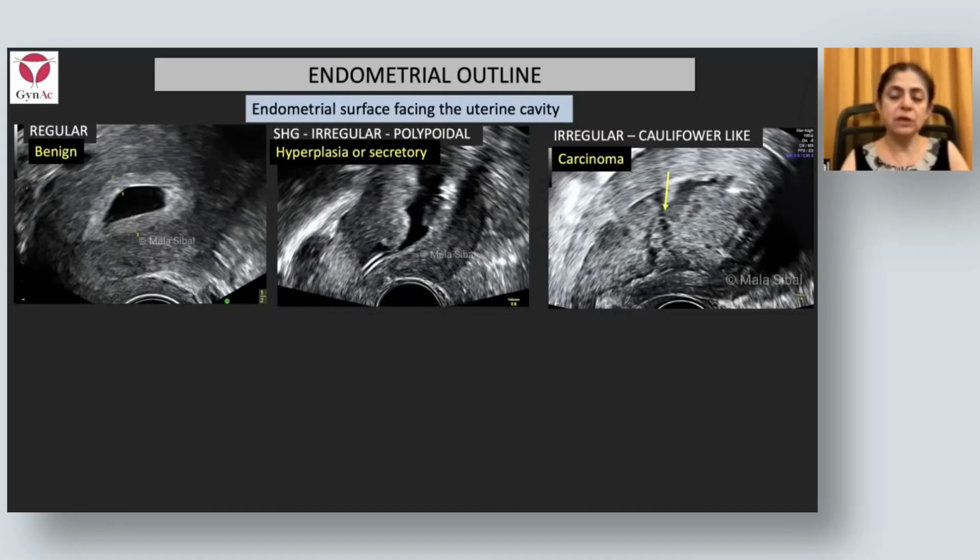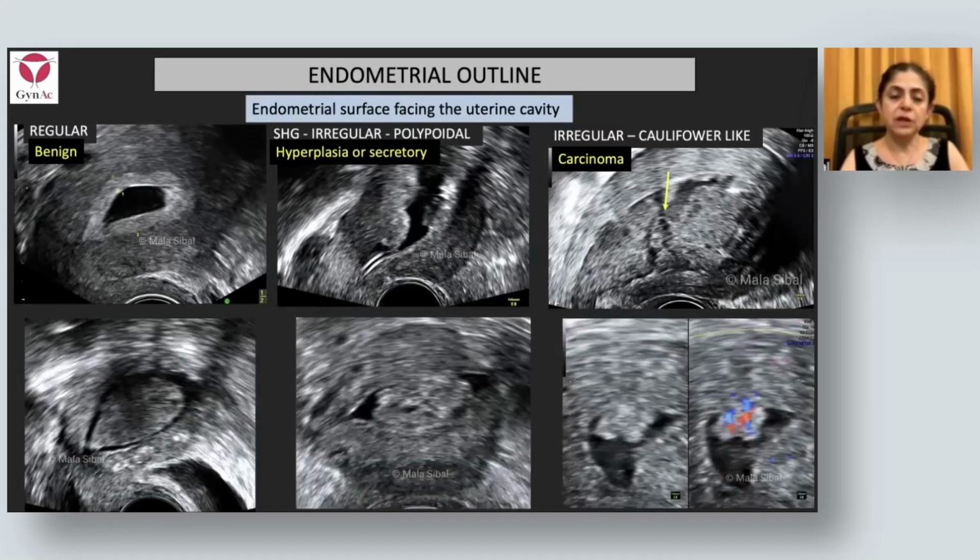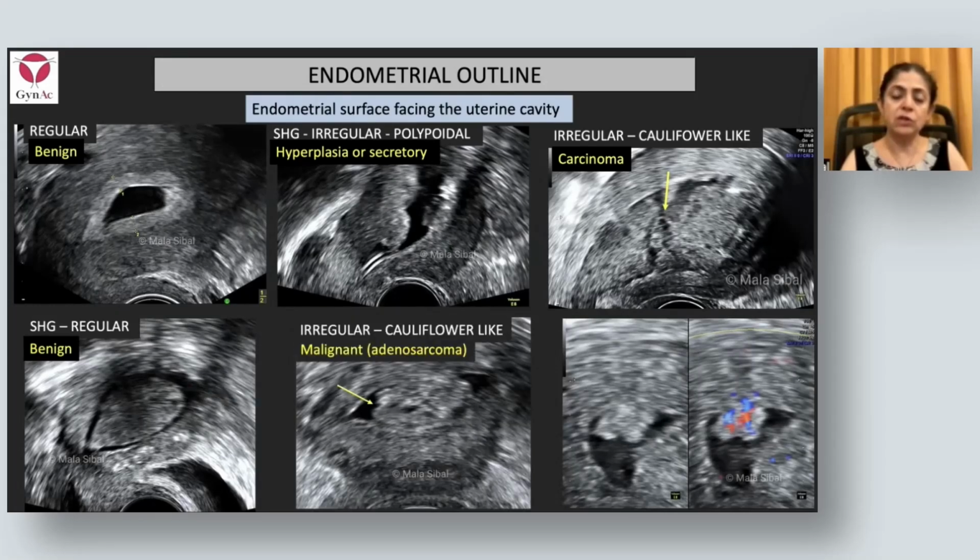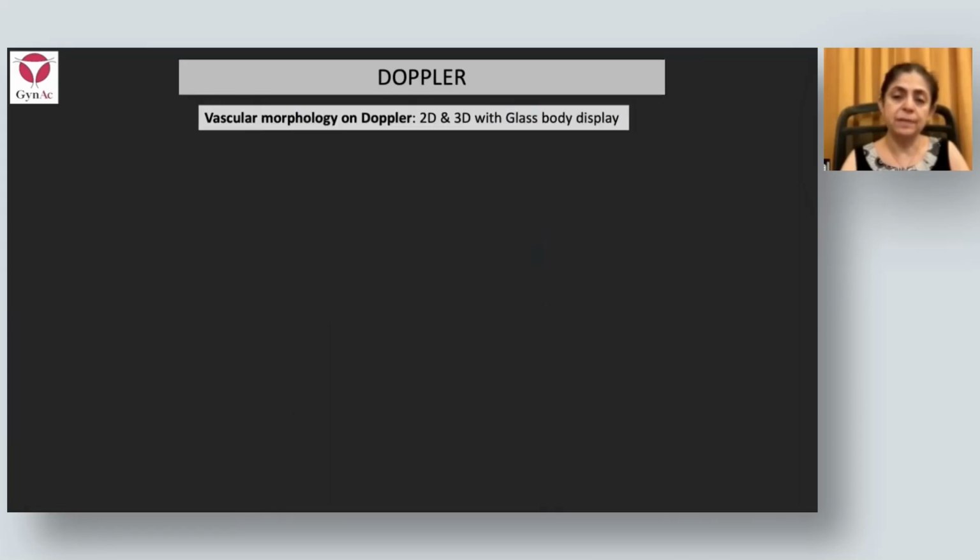Now, it's the same thing when it comes to endometrial polyps. If you have a regular outline of a polyp, you know it's very likely to be benign. If it is irregular, cauliflower shaped, it could be malignant tissue like this adenosarcoma. And if it is irregular and with spiky margins, again, you know this is likely to be malignant. This was a focal endometrial cancer. The other thing that helps us is vascular morphology, which can be assessed not only on 2D, but on 3D